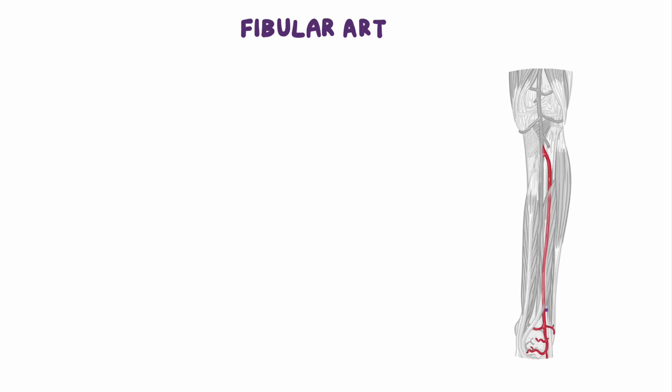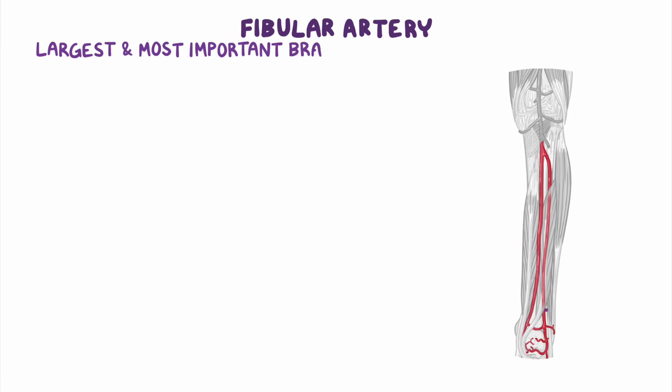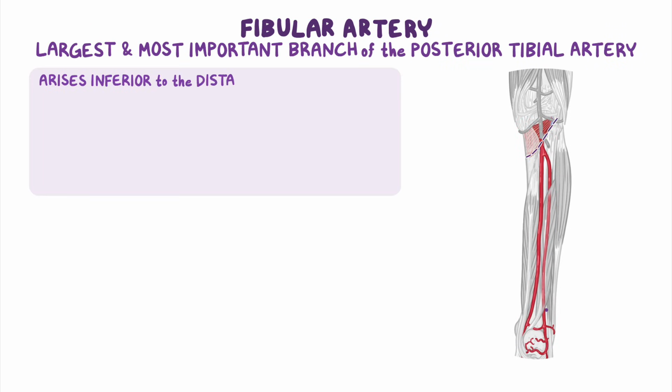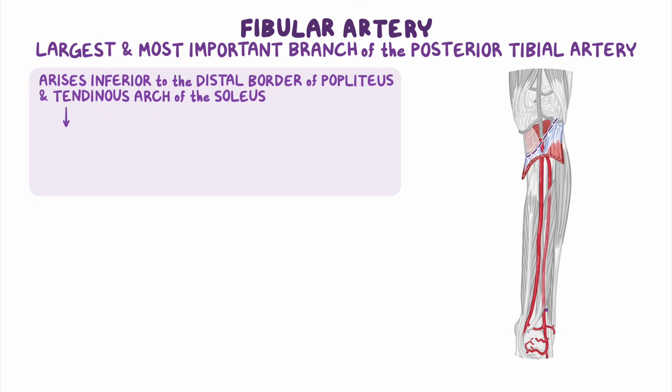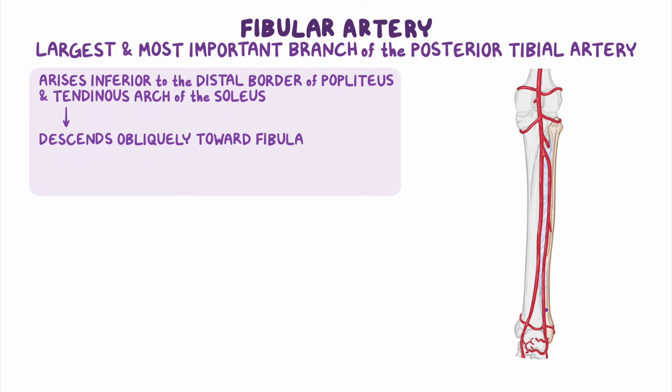Finally, there's the fibular artery, the largest and most important branch of the posterior tibial artery. It arises inferior to the distal border of the popliteus and the tendinous arch of the soleus, and it descends obliquely toward the fibula, running down the medial side of the fibula parallel to the posterior tibial artery within the